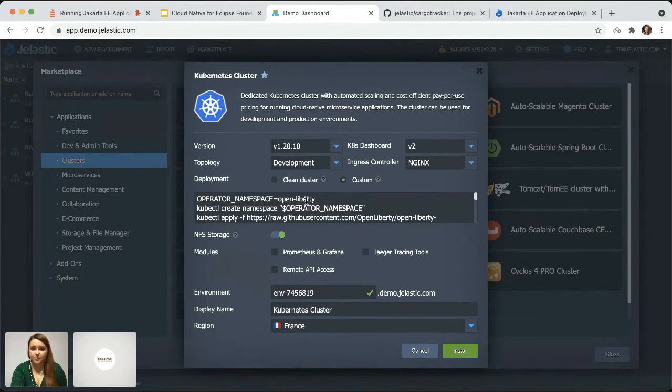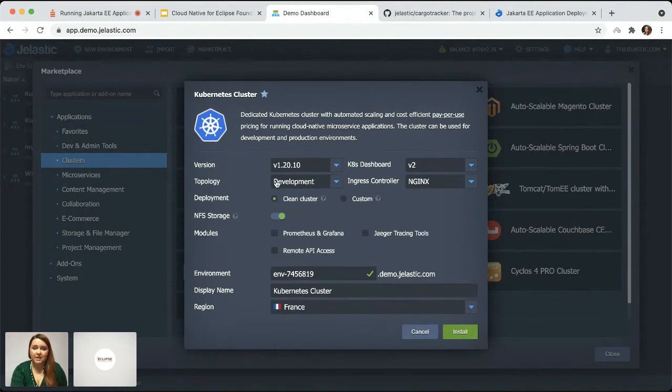You can set up your specific project here. So we will go with a clean cluster today. And also there is an opportunity to enable some modules like Prometheus, Grafana, Jaeger, also remote API access. Here within this